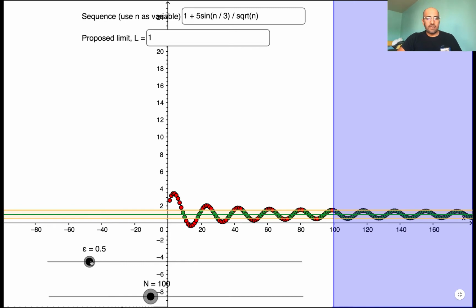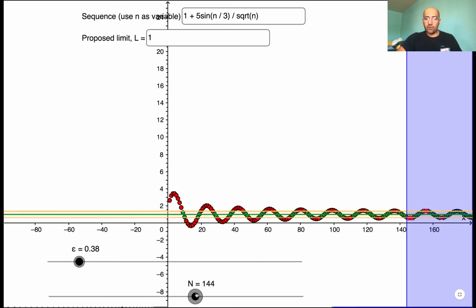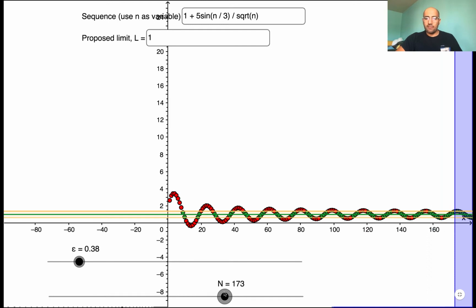Right? And so you can see that no matter how small epsilon is, I can always find a place that goes so far out that all the points in my sequence beyond that point are going to be inside my width. So we want epsilon to be some arbitrary value, which is very, very small. And as long as we can always find a corresponding value of capital N, such that the sequence is always within epsilon of the limit L, then we've proven that the limit does exist.